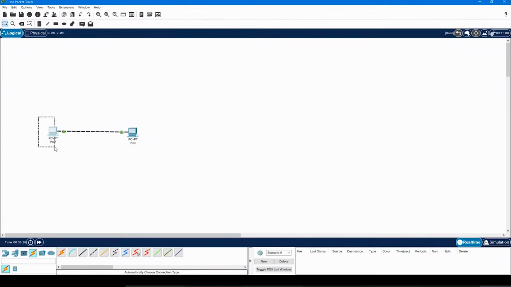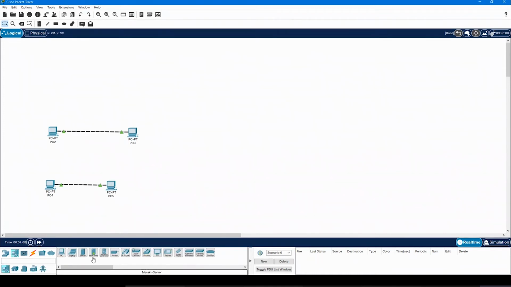So what we have done here is we have connected PC2 with PC3 with a cable. And how have we done it? We just clicked on end devices, clicked PC, and while clicking, I dragged it into the workspace. Then again, I clicked on PC and dragged it to the workspace. After this, I selected the automatic connection choice and clicked on both of the devices, and the connection is there. So that's a very simple thing. I hope you guys were able to understand this.